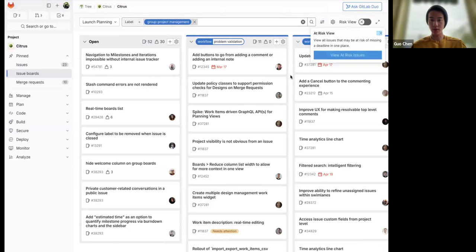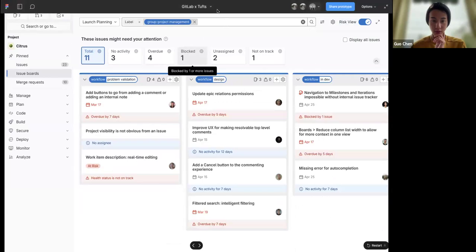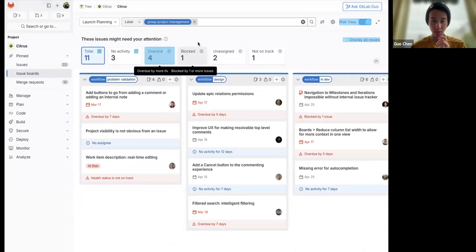So yeah, this is currently what we have so far, which is a risk view that shows all the issues that maybe are missing a deadline. And currently there are a few key parts. The first one is a top banner that gives you